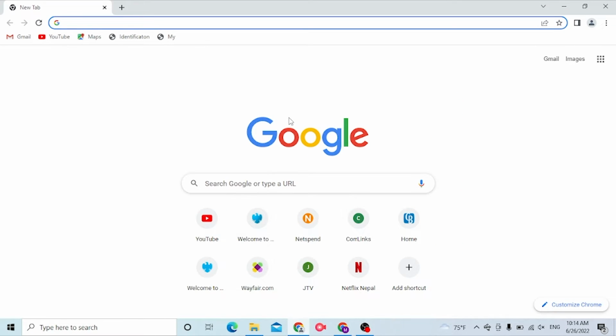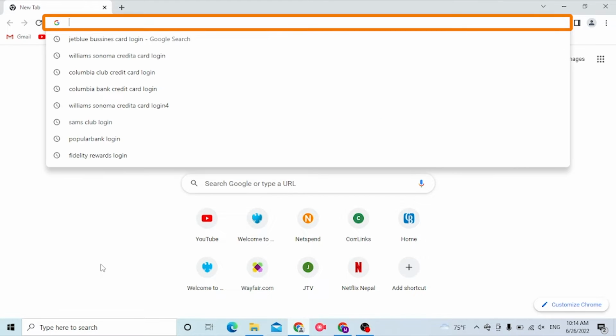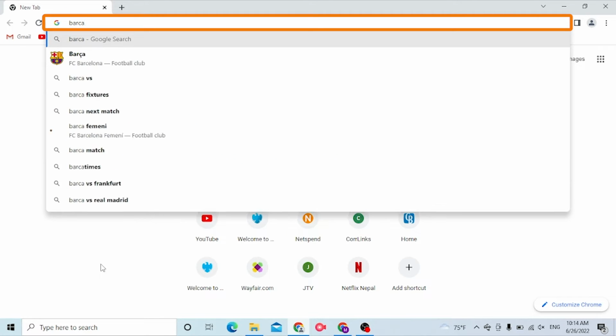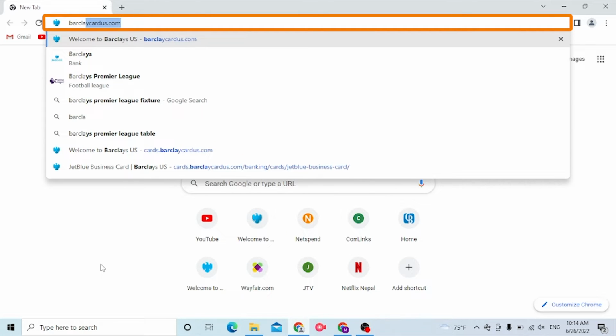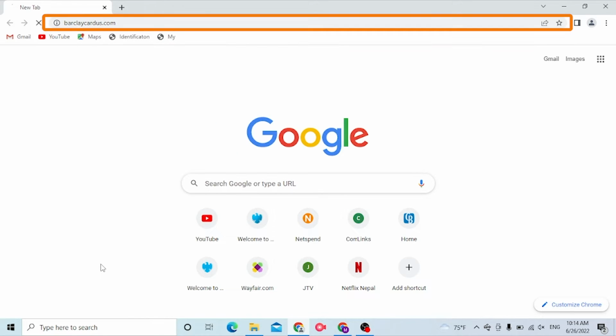Now to log into your JetBlue business card account from your computer, first open up your preferred browser, as I have already opened Google Chrome. On the search bar, click over there and type in cards.barclaycardus.com like this and hit enter, or you can simply search for